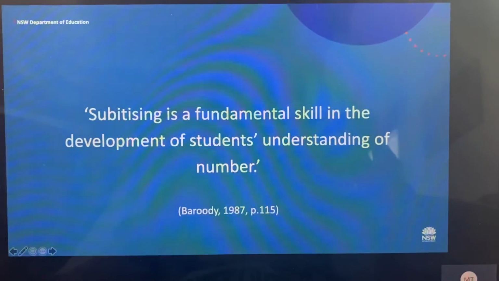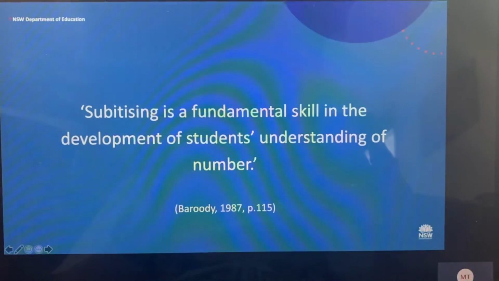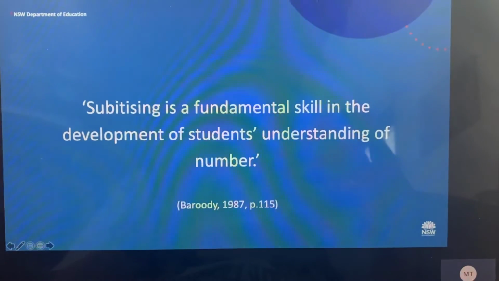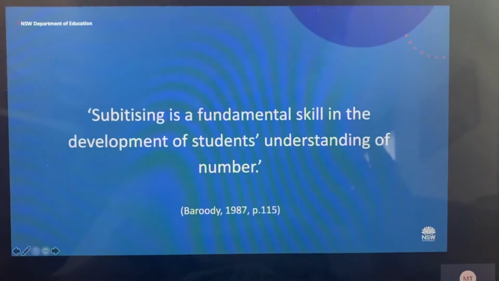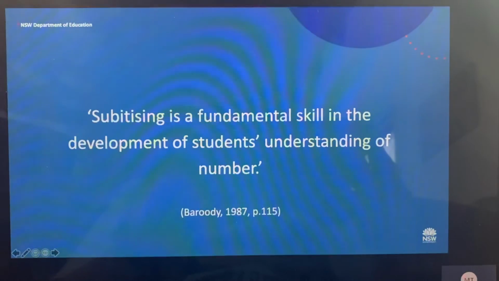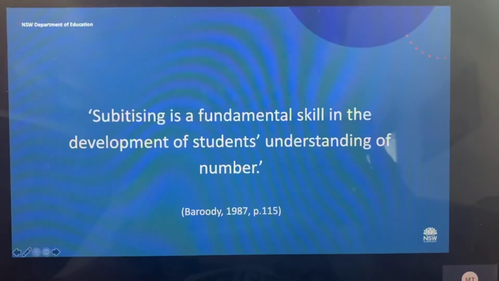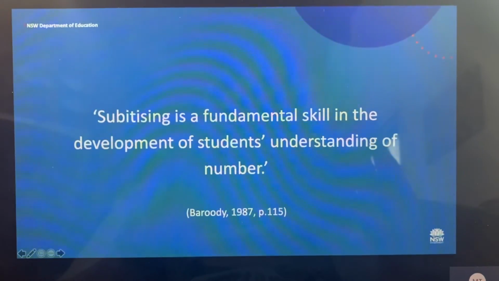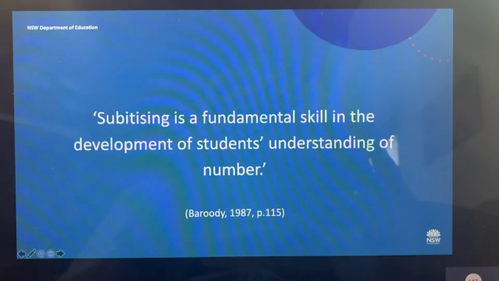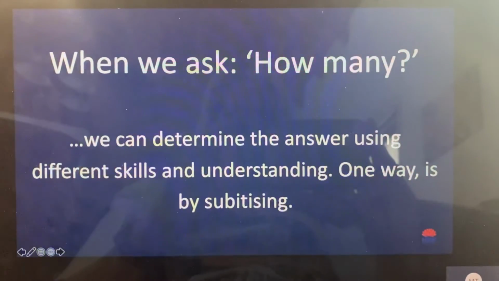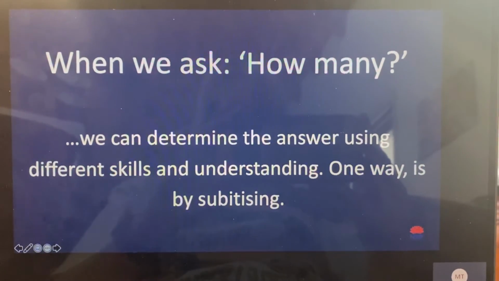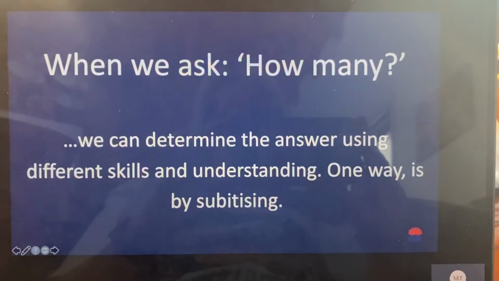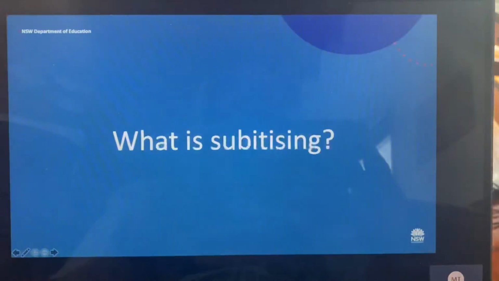Hopefully some of you have just experienced that when we intentionally asked the question of how did you see the dots, and then thought about how we could use that information to determine how many dots were hiding, we started to increase the sophistication of thinking and enrich the breadth of the mathematics we were drawing from and making connections to. It also reveals that when we ask this question, how many, we can determine the answer using different skills and understanding. And one way is by Subitising. So you might be wondering now,